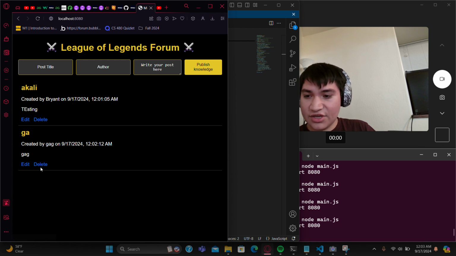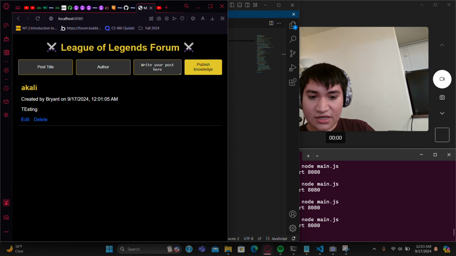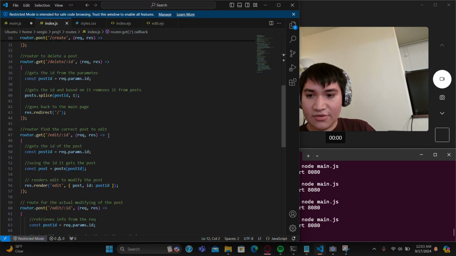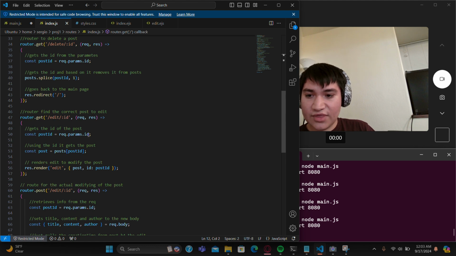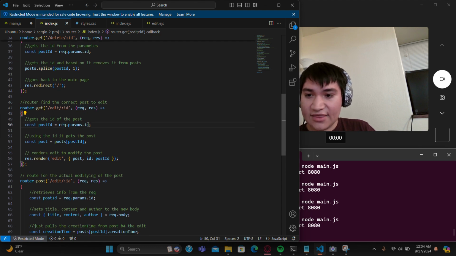And delete. So in here I can just click this one from this message. If you click OK, it gets rid of the value. It basically searches for the ID using req. This is what I was talking about. This is what I use body parser for. It searches for the ID, gets the ID, and then looks for the post using the ID,